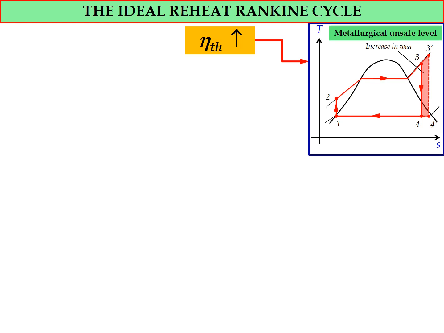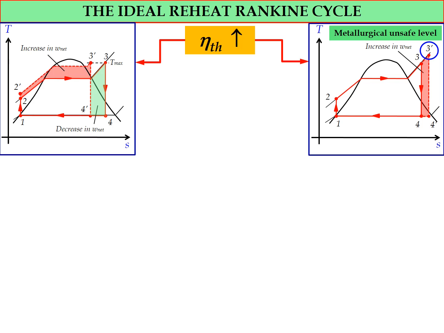However, by using this method, we have some disadvantages, where we will have a metallurgical unsafe level. Due to the very high temperature at the inlet of the turbine, this will cause a change of the material structure of the turbine blade, and this condition will cause damage to the turbine blade and will reduce the performance of the turbine. So the second method that can be used to increase efficiency, due to the metallurgical unsafe level when we increase the temperature of T3 at the inlet of the turbine,